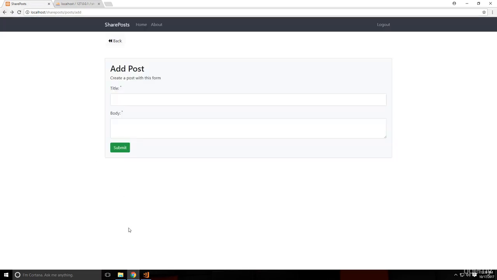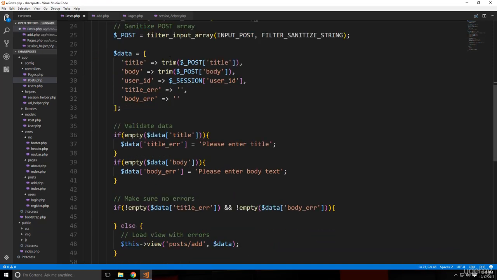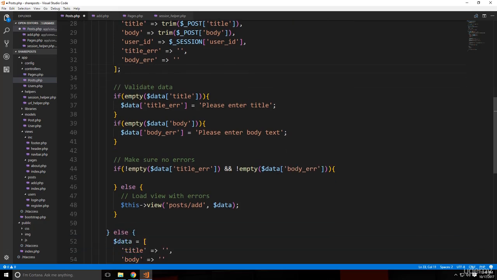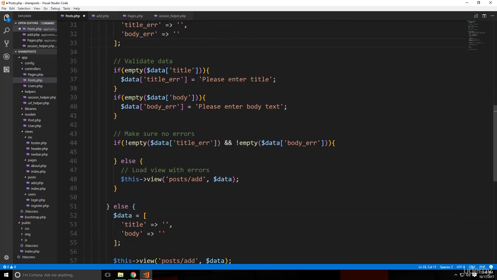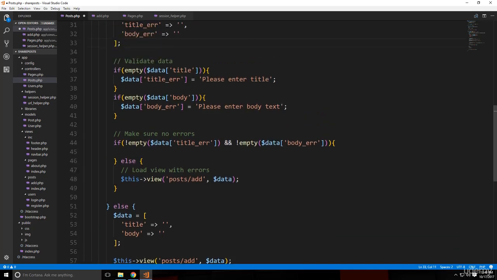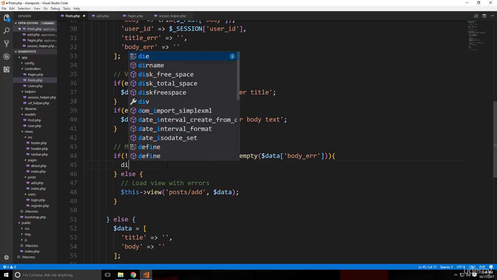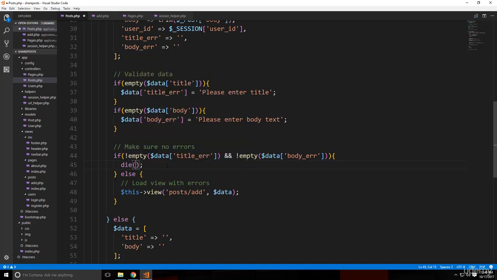All right, so we know that that's submitting. Then we're getting the post. We're sanitizing the post. We're adding all of our data stuff here. We're validating the data, filling in the title error, the body error. Down here, we're making sure there's no errors. Let's just see if this is actually passing. So this will be